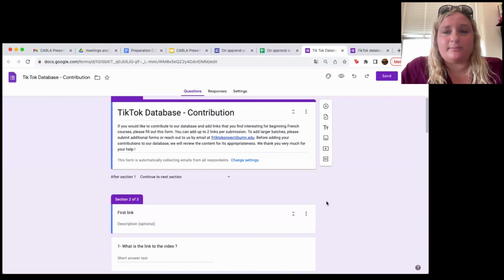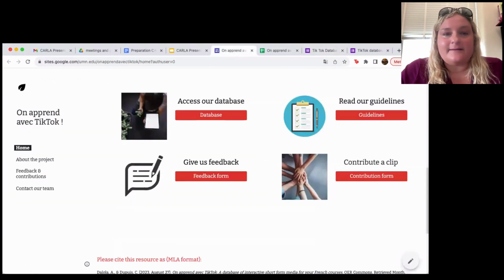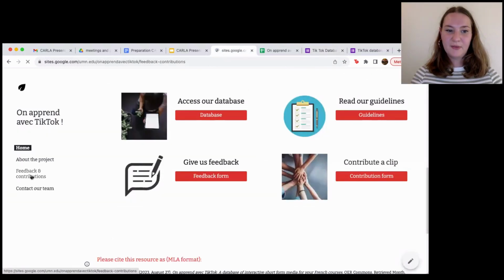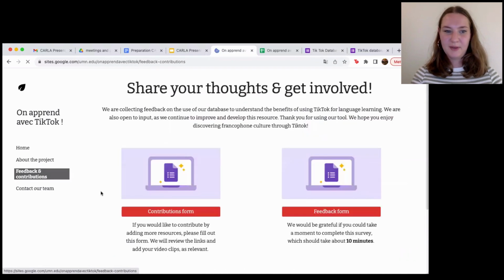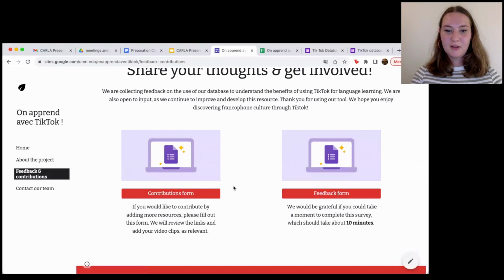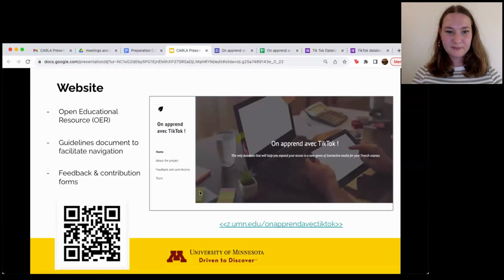And we encourage people to participate back in the OER in ways that are meaningful for them. But I really want to stress the idea that OERs are wonderful, but they really only become more wonderful if people participate in them. So we're really hoping that we can facilitate this kind of participation for you so that this isn't too arduous a task. And on the website, you can find the forms on this specific page, feedback and contribution. They're relatively short, especially the contribution form, and feedback shouldn't take you too long either.